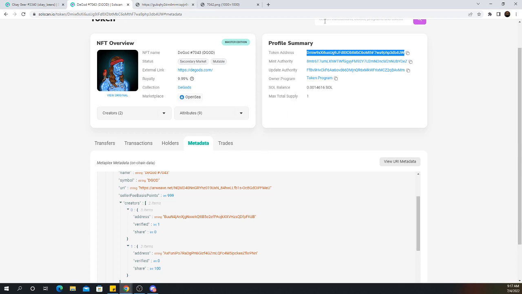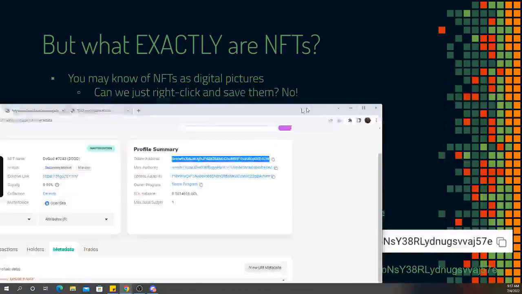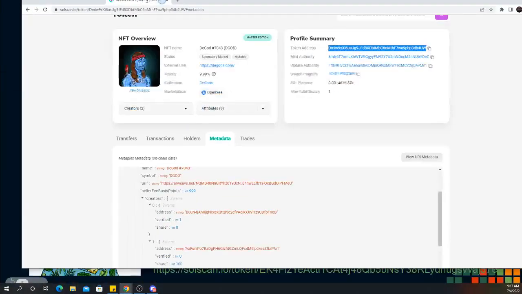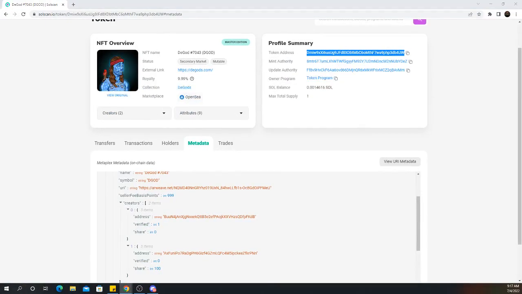So this is kind of the difference. And so when we talk about NFTs and we talk about them as digital pictures, this is kind of the misconception. You can make a token with any digital picture you want, okay? But it's the token address that actually matters and actually determines what's part of a collection, what's not part of a collection, who actually owns whatever that is, right? Because while I own this does not give me access to anything having to do with DGods, okay? Does that make sense? Any questions?